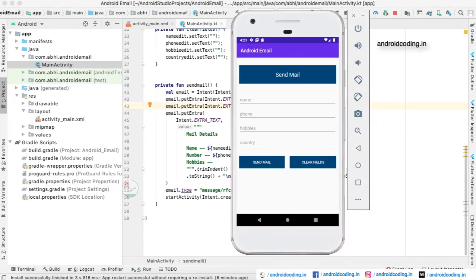You can see we have provided the 4 text fields, and let us try to fill the details.